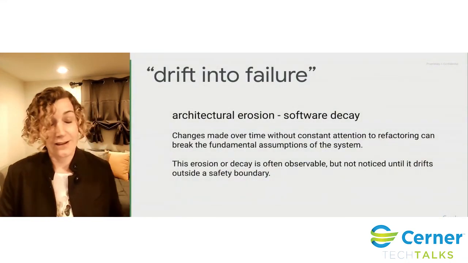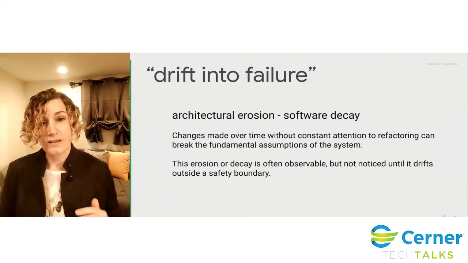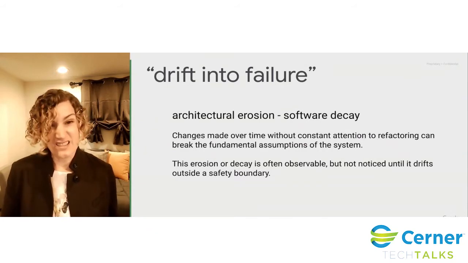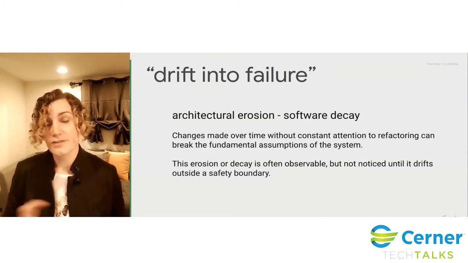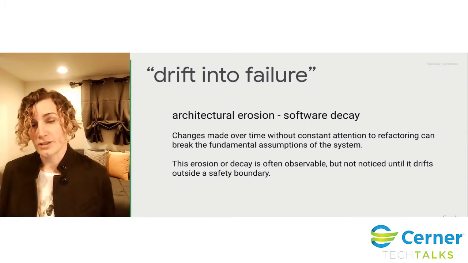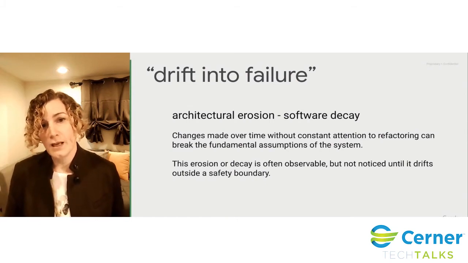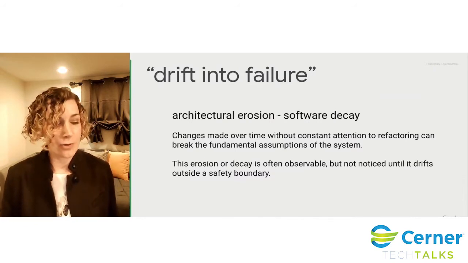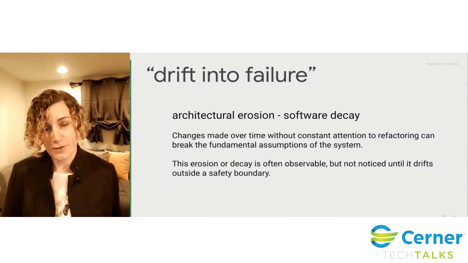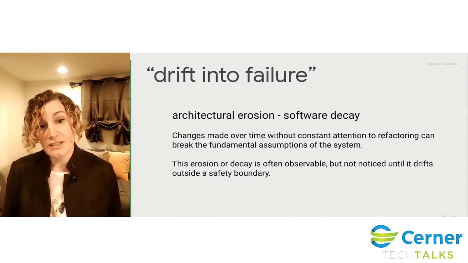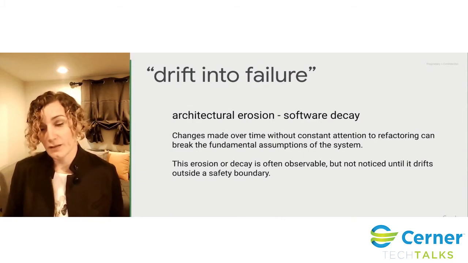And since they're requirements of the system, then we need to continuously test them. We need to do regression testing on them. That's because as we change the system, as we make small changes, add new features, fix bugs, there's always this chance that you will introduce a change that breaks your ability to do the generic mitigation. And we don't always notice that this happens until something really bad happens. Like if you broke your generic mitigation through some software change 3 months ago, you might not realize it until you're trying to do something in prod to fix an outage, and lo and behold, you find out at that moment that it's broken. So continuously testing this as part of a regression testing suite is important.